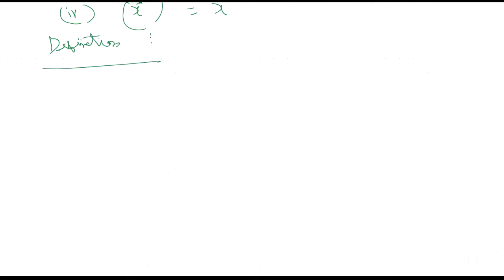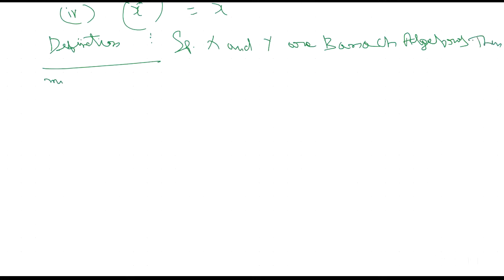Next definition. Suppose X and Y are Banach algebras. Then a map F from X to Y is said to be